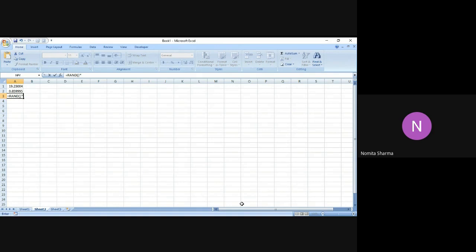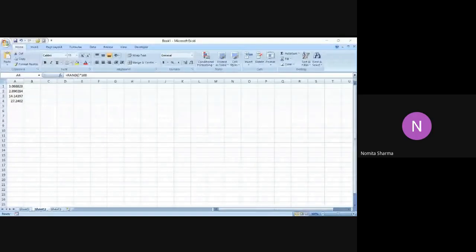I say multiplied by 15. This time I get the answer as 0.72975. Let me do it one more time. I say this multiplied by 100. So I get 27.2402 as the answer. So when we have to generate a random number between 0 and any n value, we simply have to multiply the RAND function by n and can create that sequence of random numbers.